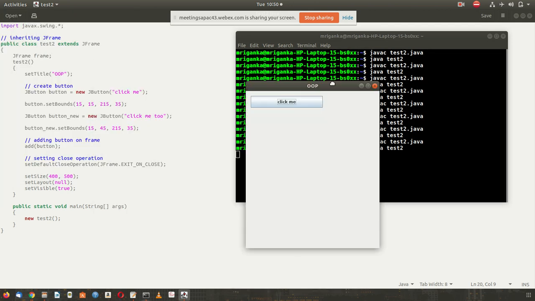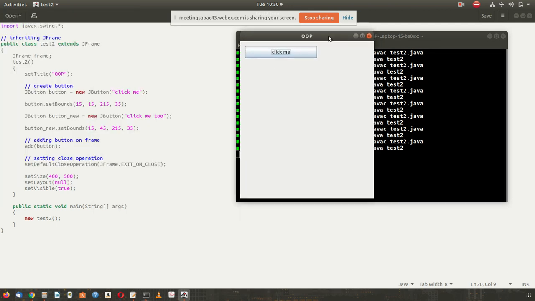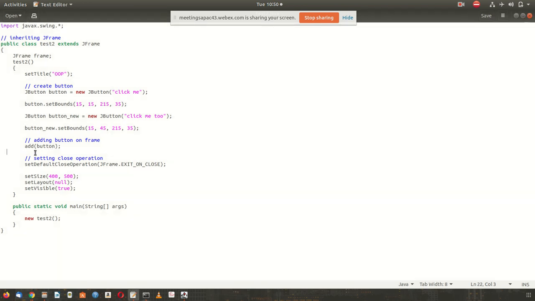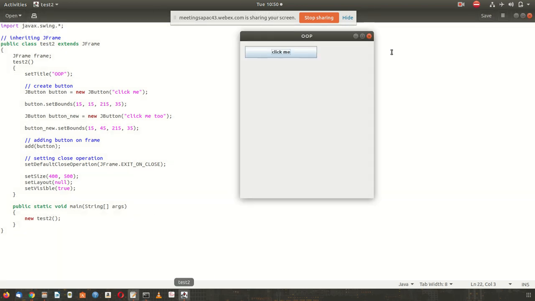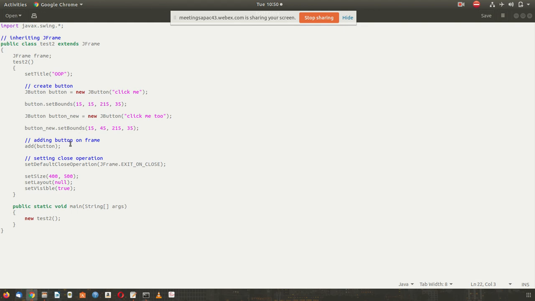The button has not come because the add function has not been added. So once you create any component, whether it be a button or any other Swing component, you have to use the add function, and inside the add, the name of the object that you are going to add.